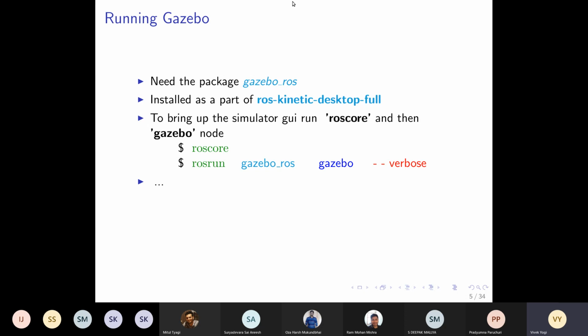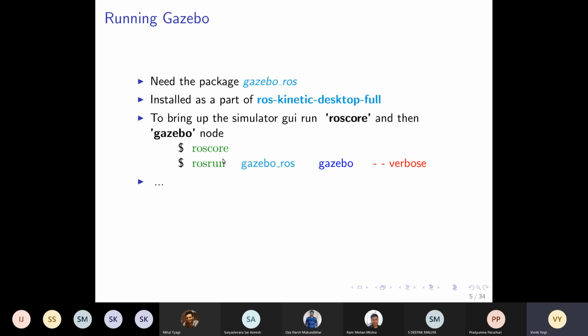So basically we need this package gazebo_ros. First of all we need ROS, we need Gazebo, and then we need gazebo_ros, which is a package which connects Gazebo and ROS. This was already installed when you did the ROS Kinetic Desktop full installation. To run this you just need to start a roscore.